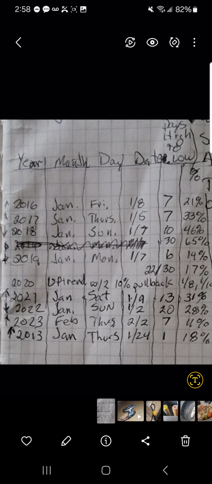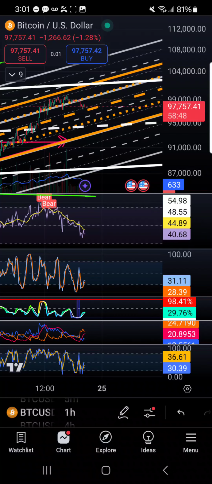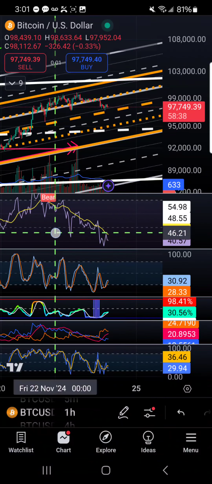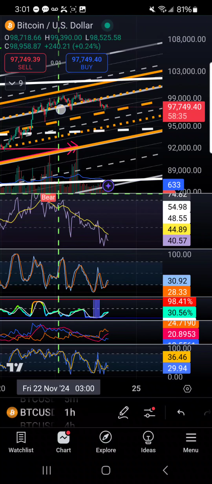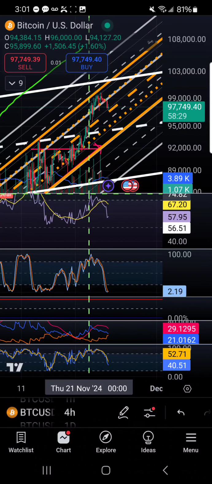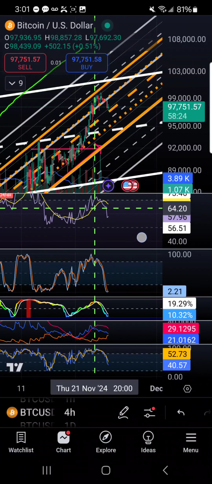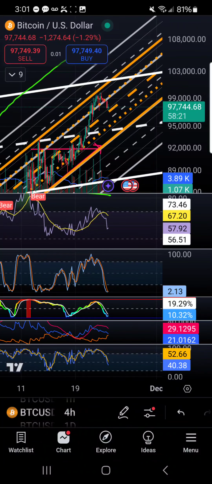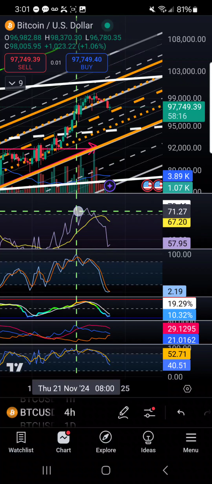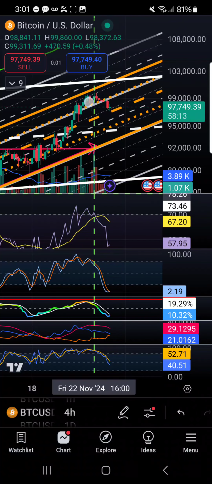So there you have that. All right, so now we're on the Coinbase chart on the hourly time frame, looking at Bitcoin, just to point out the bearish divergence that we were having as we were approaching 100K, and not just on the hourly, on the 4 hour as well. Although they don't have it here. I don't know why they don't. But you can see we're making lower lows on the RSI and higher highs on the price,